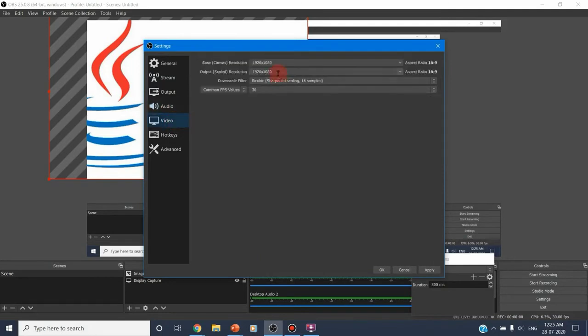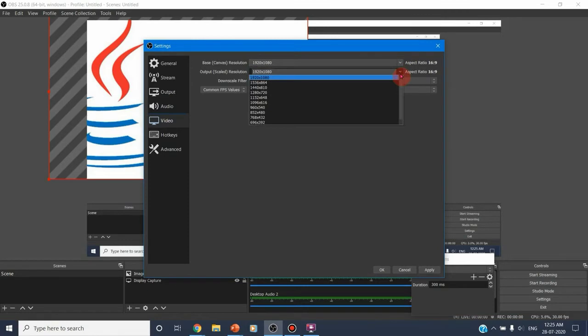And video, here also this is the base resolution. What is the resolution of your screen that you're using now? The screen resolution is very high, so if I select the base resolution, that resolution will be set as the output resolution.